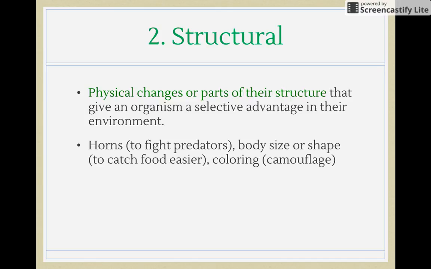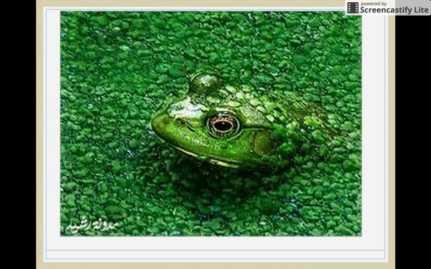Coloring, camouflage. The way a chameleon can change its color to blend in with its surroundings. The size of an elephant's trunk to help it get water. These are all things they are born with and allow them to live in their environment. This frog is camouflaged in that water. Its skin color is the same as the algae in the water, which gives it a much better chance of